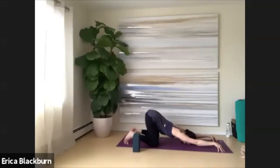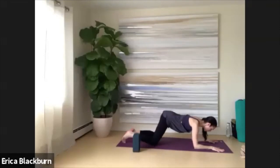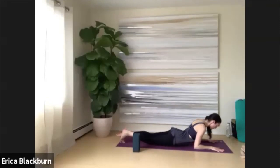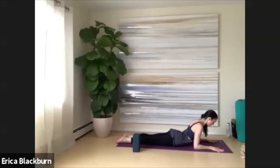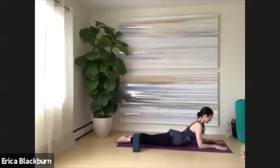One more breath. Exhale completely. And then make the transition all the way onto your stomach. Active Sphinx pose. If it's okay for your low back, you're going to keep your feet and legs close together. Press down into the tops of your feet and reach your chest bone toward the front of your